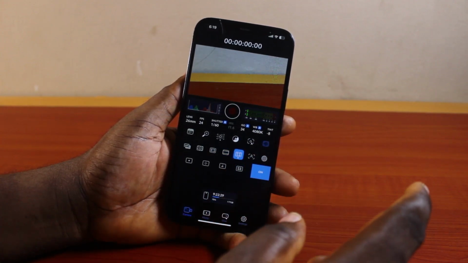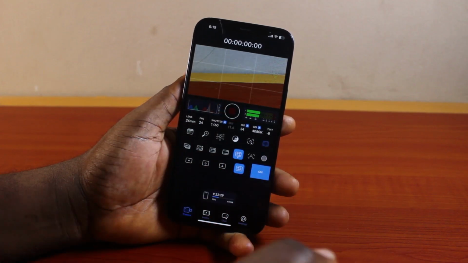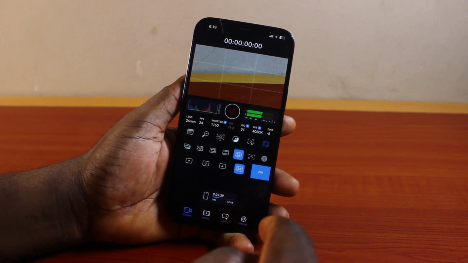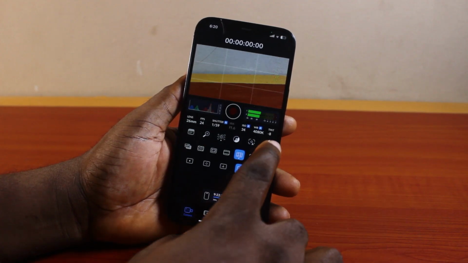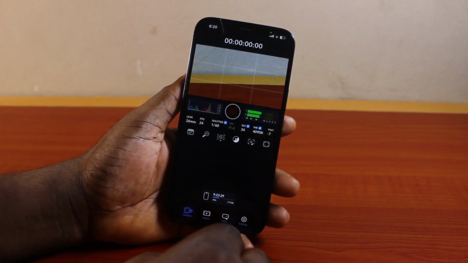So once that is turned on, then you should see the grid lines on the Blackmagic camera. If you want to turn it off again, just tap on it and then disable it. So that is basically how to turn on or enable grid lines on